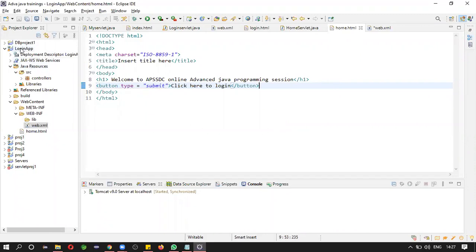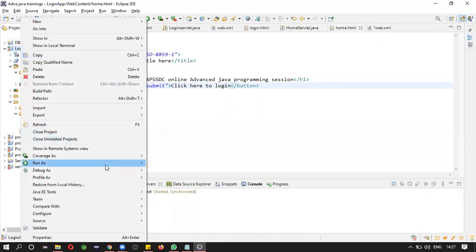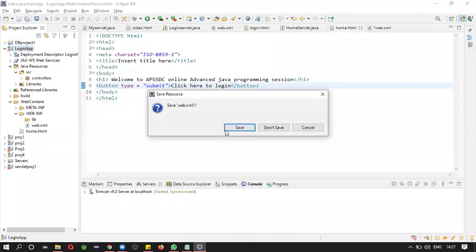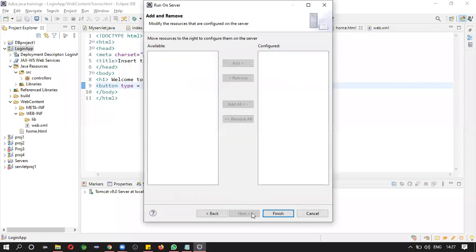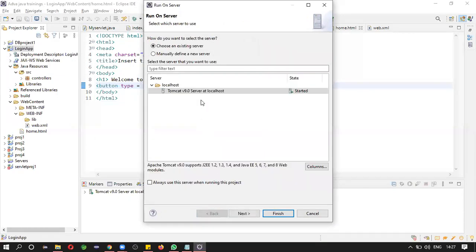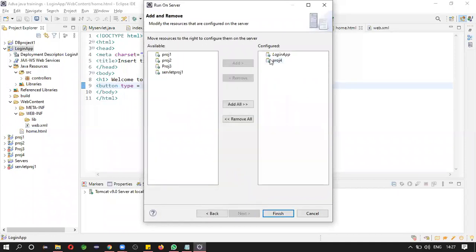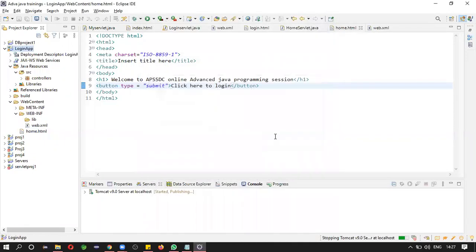Okay, so let's add server to this. Run on server. So web.xml. Save. Okay, remove this and restart the server.